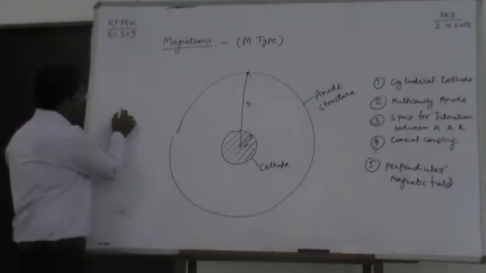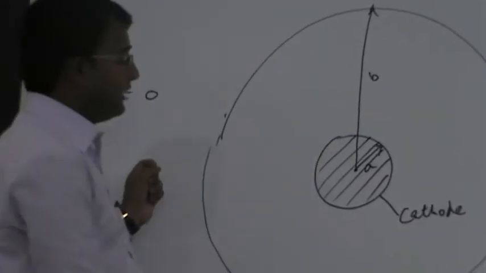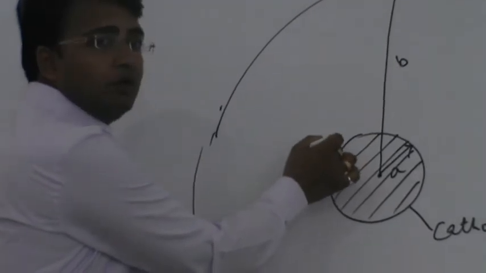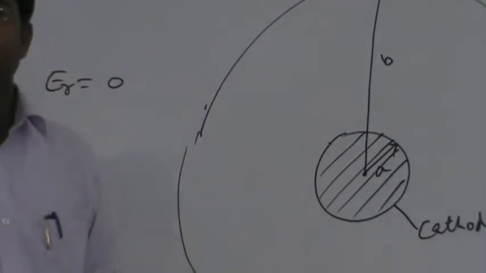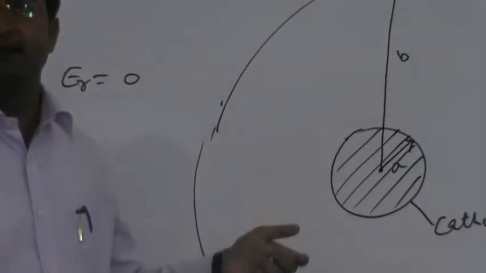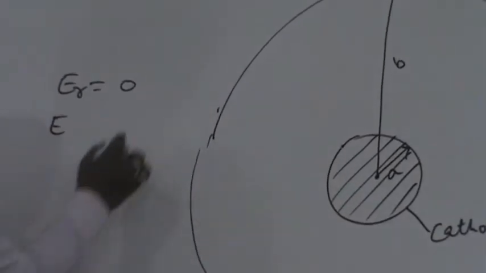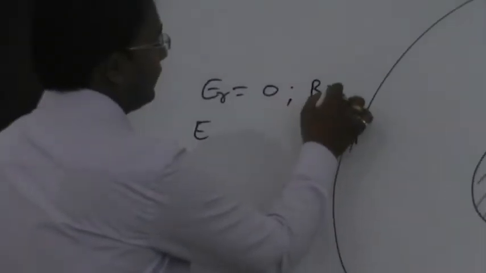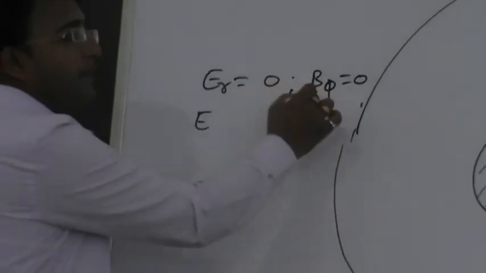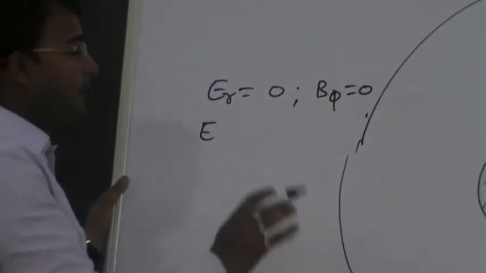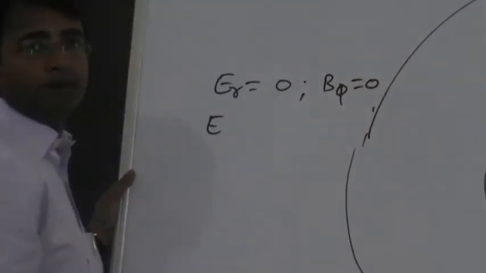If I say the radial electric field is 0, the electrons will not be emitted from the cathode, and the velocity of the electron at the cathode will be 0. They will not travel any distance. They are not emitted. If a certain electric field is applied, and at the same time the axial magnetic field is also 0, then in a magnetron there is no electron emitted. The velocity of the electron at this point is 0.